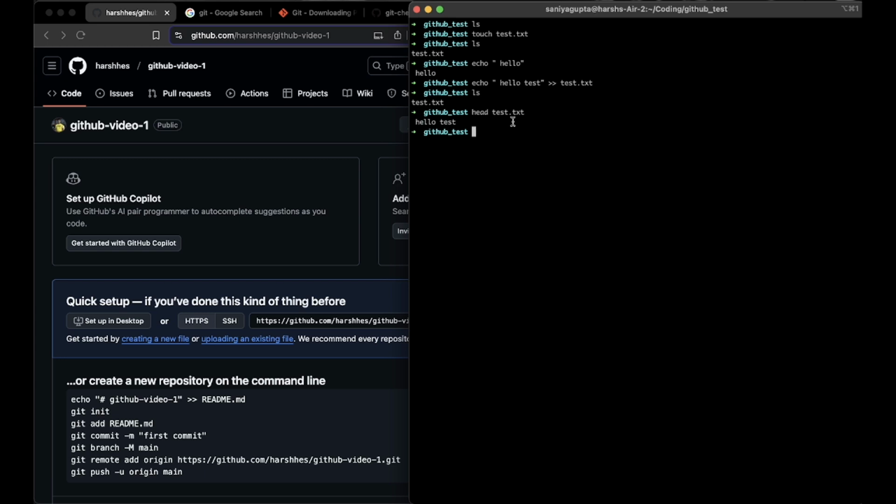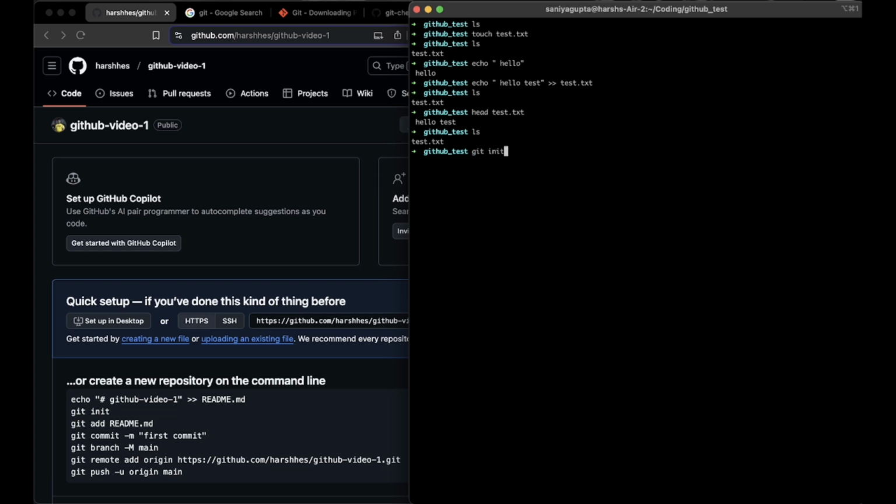So let's see how it will work through Git if I want to upload this whole directory onto my remote repository. Let's say I have created this project and it has one file, that is text.txt, and I need to put this whole directory onto my remote repository. So first of all, we will initialize a Git repository here. How can we do it? Through git